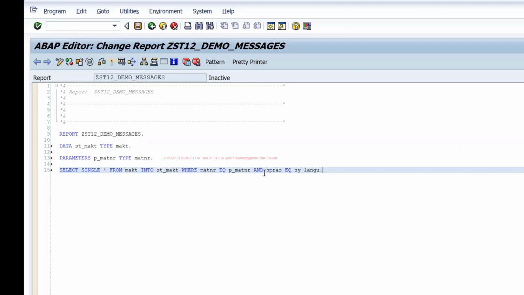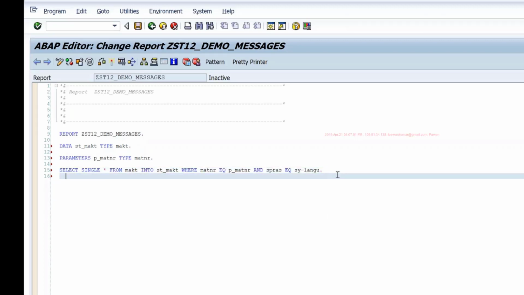So by default I'm using the logon language of the user to select the description in that language. If I logged into this SAP system in English, it will get me the English description for this material from the MAKT table. If I've logged in with German, it will get me the German description if it is maintained in the system.